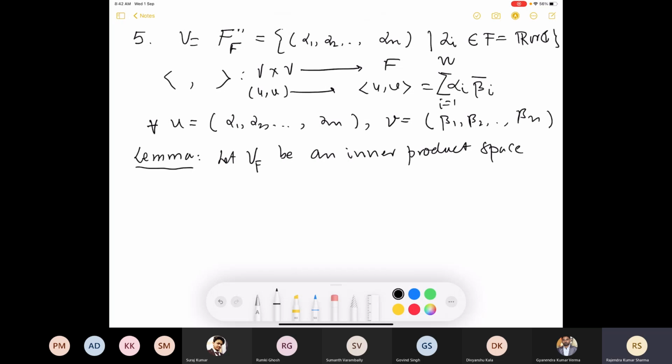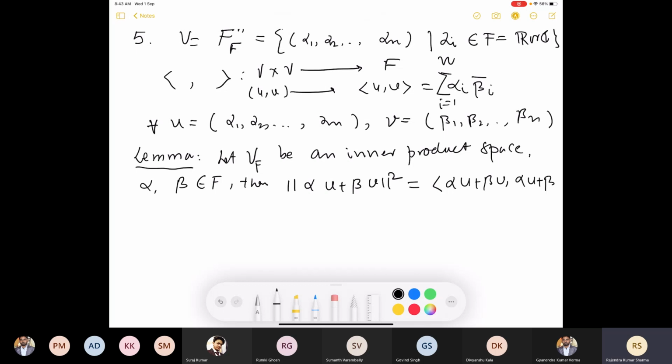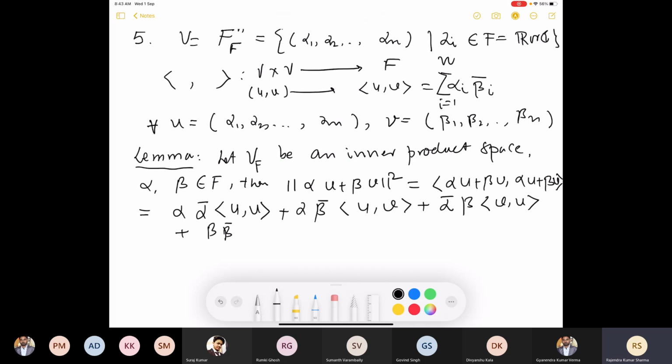So it goes without mentioning that F is R or C. And alpha, beta are the scalars in F. Then what you can see is that the norm of alpha u plus beta v squared, which is the same as the inner product of alpha u plus beta v with itself, alpha u plus beta v, is alpha bar u comma u plus alpha beta bar u comma v plus alpha bar beta v comma u plus beta bar v comma v,